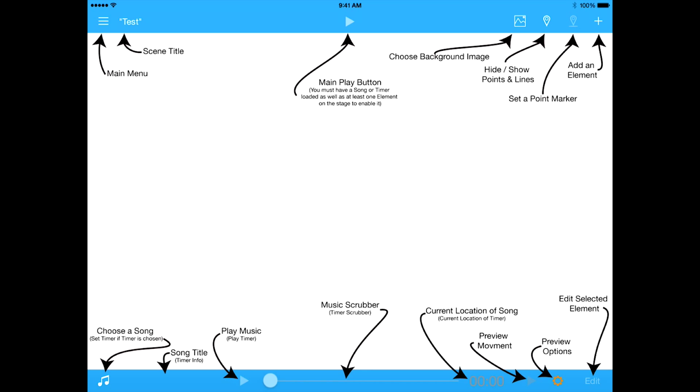You must have a song or a timer loaded as well as at least one element on the stage for this button to be enabled. Next we have our Choose Background Image button, our Hide and Show Points and Lines button, our Set a Point Marker button, which is currently grayed out as we have no elements on stage to add points to, Add an Element button. Moving to the bottom left of the screen, we have Choose a Song button, or Set the Timer